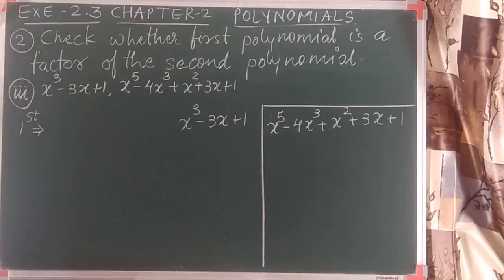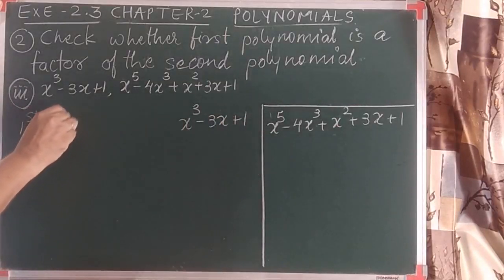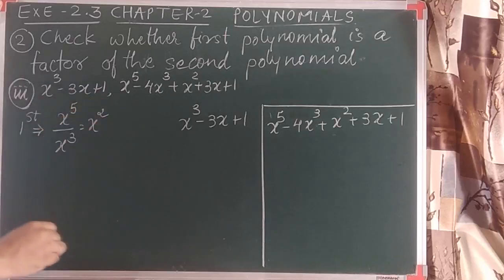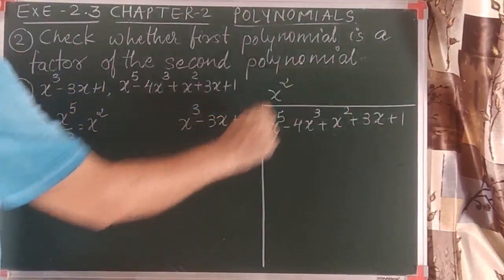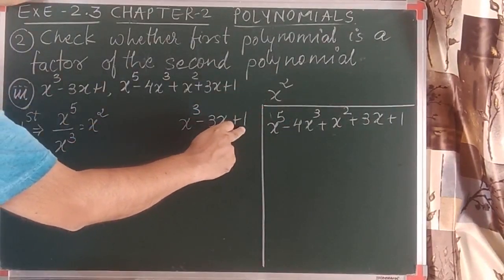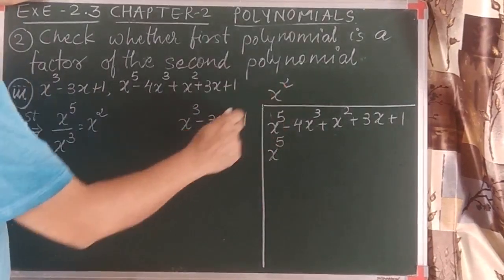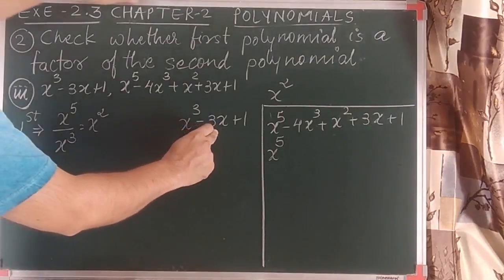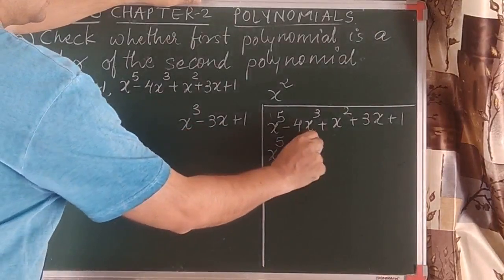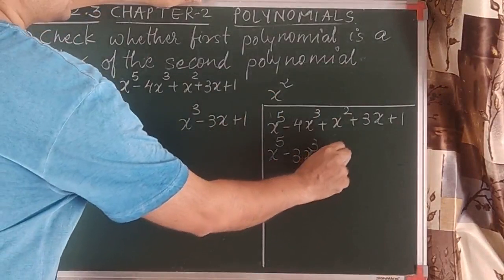Again, let's start to obtain the quotient. The first term of the quotient is obtained by dividing the first term of the dividend with the first term of the divisor. So the term which we obtain is x square. Now this first term of the quotient should multiply with all the terms of the divisor one by one. X square will multiply with x cube, so it is x raised to 5. X square with minus 3x, so 3 ones are 3. See, the product is 3x cube. So it is already cube, so I have written it below the cube. 1 into any number is the number itself.